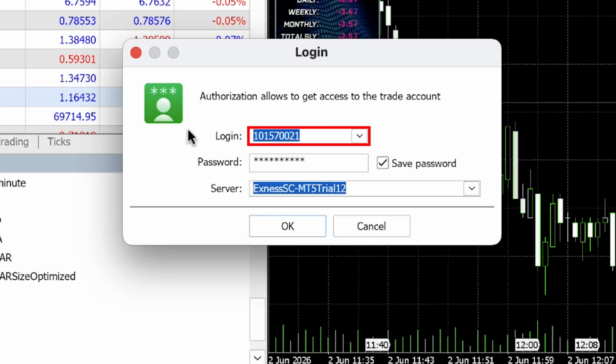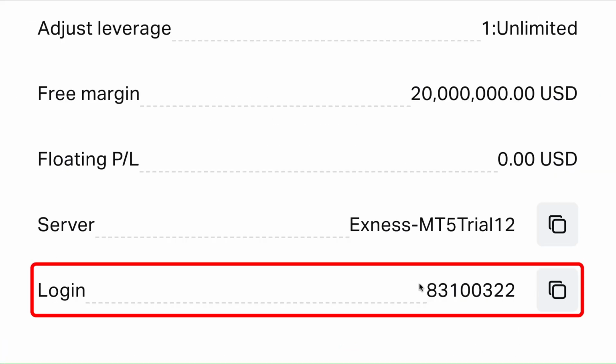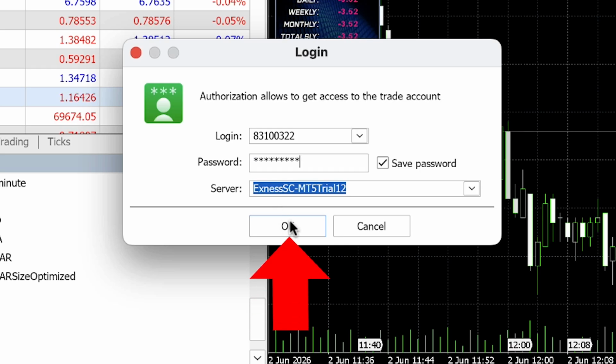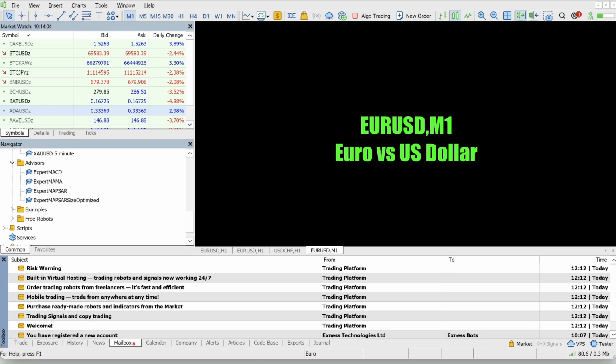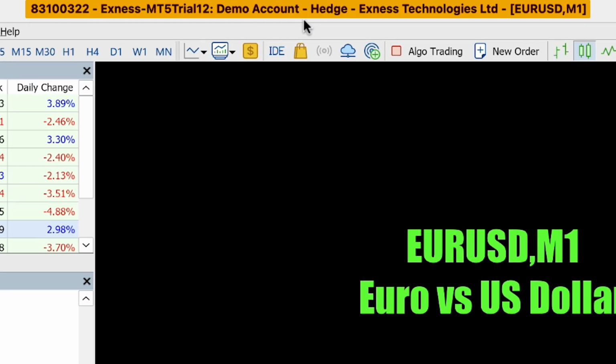Then put the login ID right here. Again, go back here. It's this one, login ID. Then you type your password right here. You click here OK. And you can see it log into your Exness account. You can also see it on the top right here, demo account Exness, and here is your account ID on